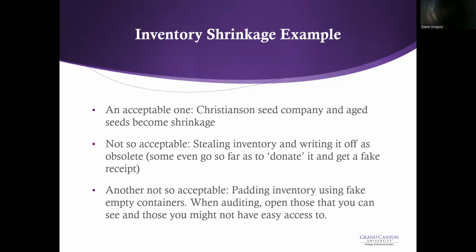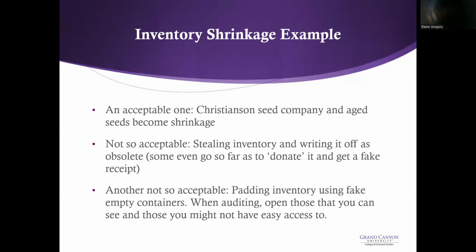Another not so acceptable inventory shrinkage is padding the inventory using fake empty containers. If you ever go out and do a physical inventory count, open those, not only the ones that you can see, but the ones you might not have easy access to. For example, when I was working with the seed company, there were seeds in warehouses, and I would pick a box way up in a corner somewhere, and I'd say, pull me that box. I want to see what it is. And then observe, and physically look at the box of seeds. Sometimes you have to do that because